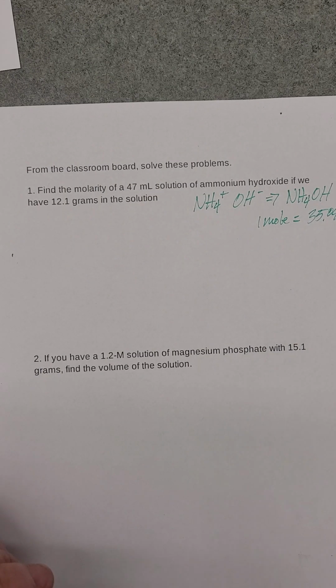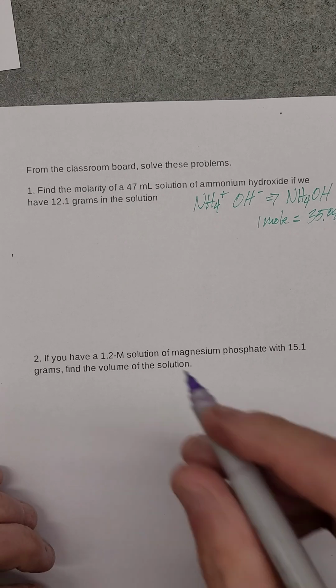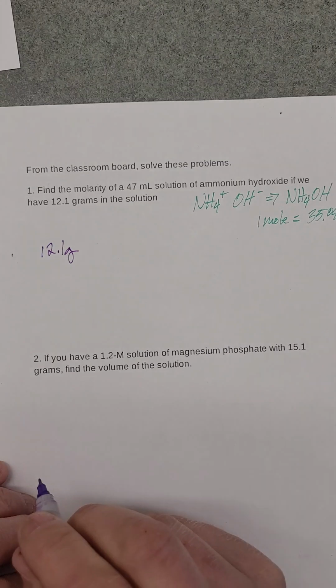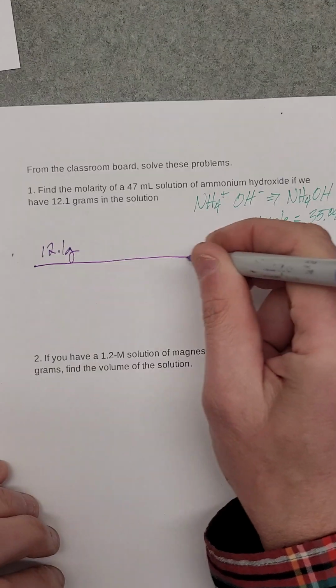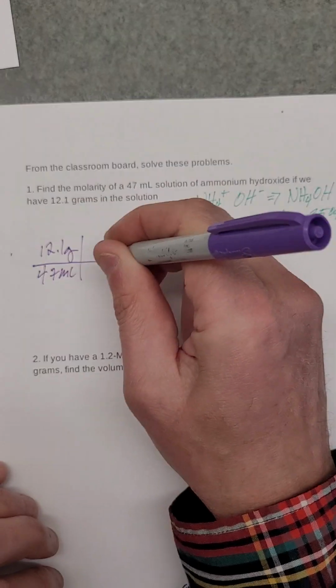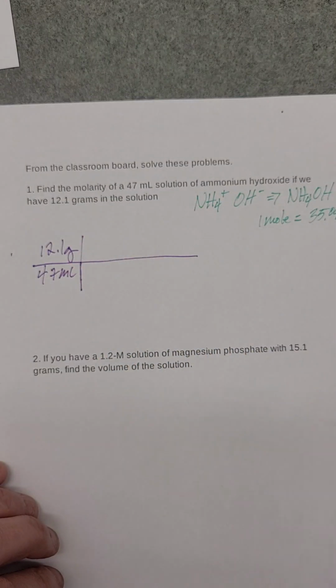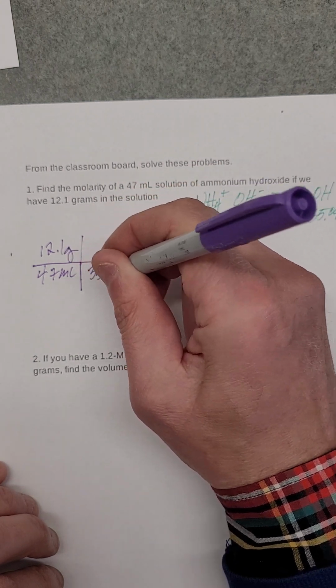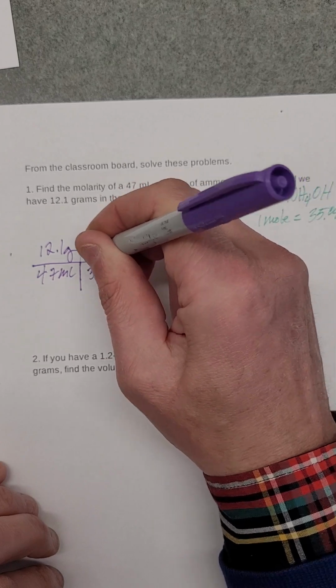So what I am going to do now is set it up. It doesn't matter the order that you do it in, but it does matter where you put the numbers in the denominator and numerator. So I'm going to take my mass of 12.1 grams and put that over the volume of 47 milliliters. Next column. Again, doesn't matter the order of this, but I'm going to next put the molar mass, which I want grams canceled out, so I want to put the 35.04 grams on the bottom, the 1 mole on the